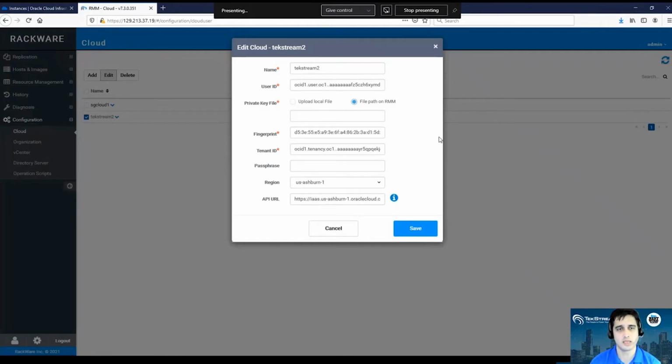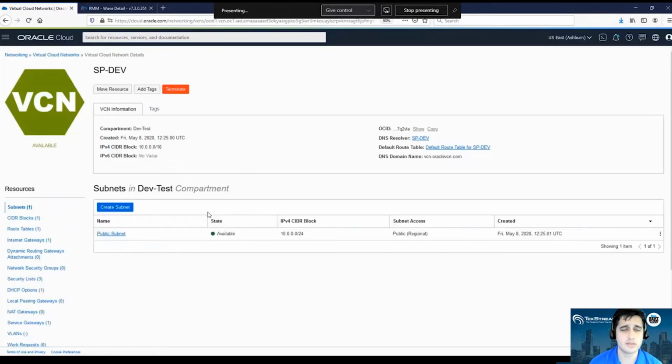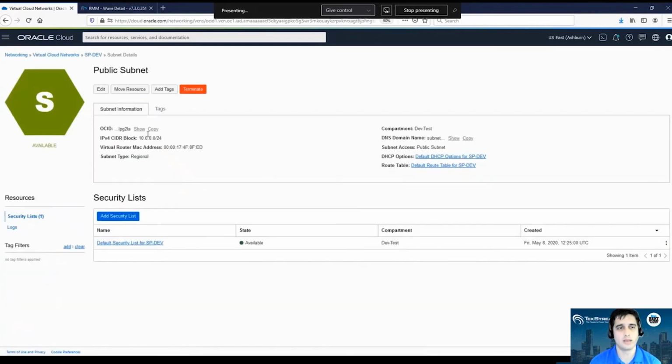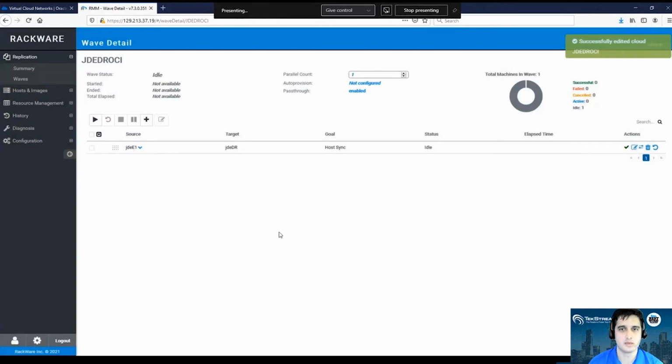And over here, you're seeing that we're setting up the destination. As I mentioned, we are moving this environment to OCI. So what it will require is for you to fill out which compartment it is going into, which network, which subnet, which VCN it is going into. So once all of that is set up, we will save that information and we'll be ready to start the